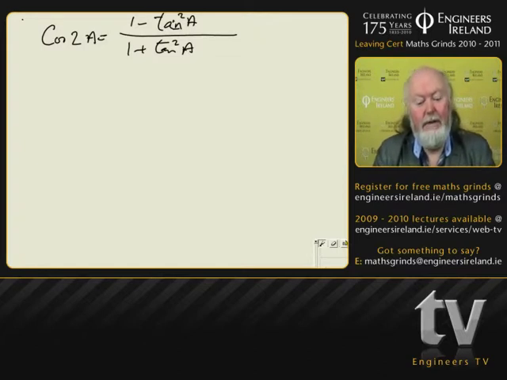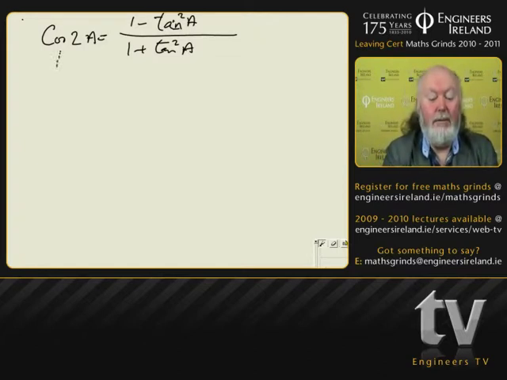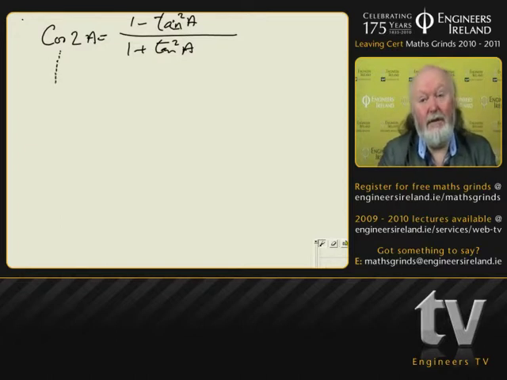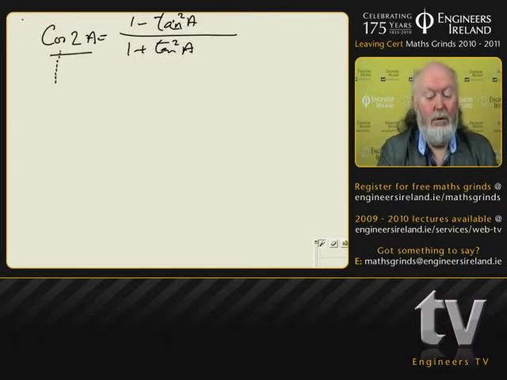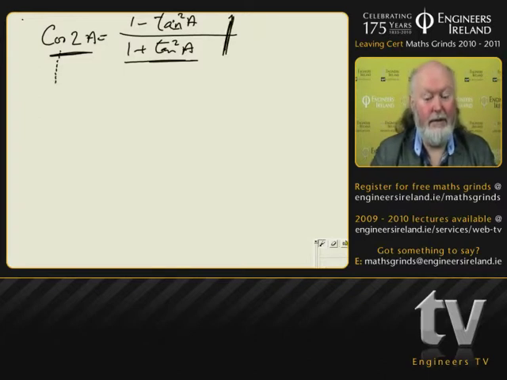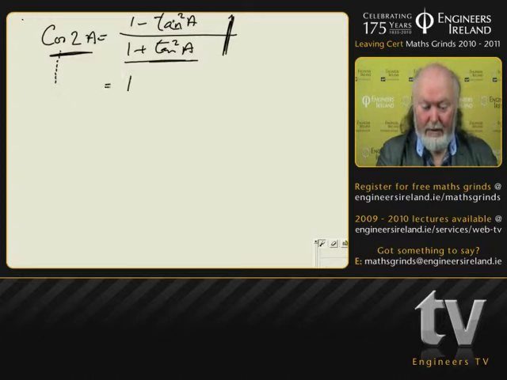Normally what you do in maths is you will start with this side and you will play all the way down along and try and get it into this side. What you can do instead, and it's, as I said, very often what you'll do in applied maths, is you say, we've been told that this is equal to that. So why not take the more complicated one, this side, and simplify it and see if I get the other side. So what do we have? We have tans over here. Now, this is the reverse argument we used in solving the last problems. We know that what we have here is 1 minus